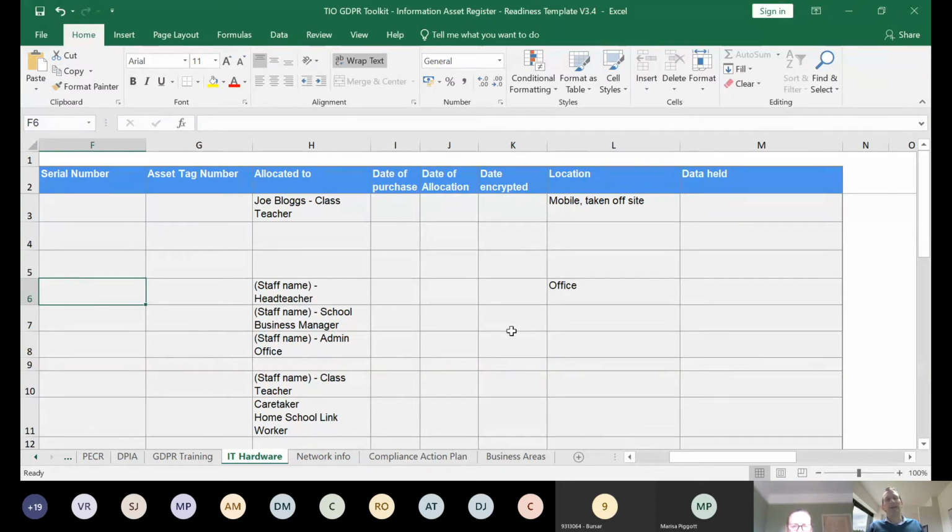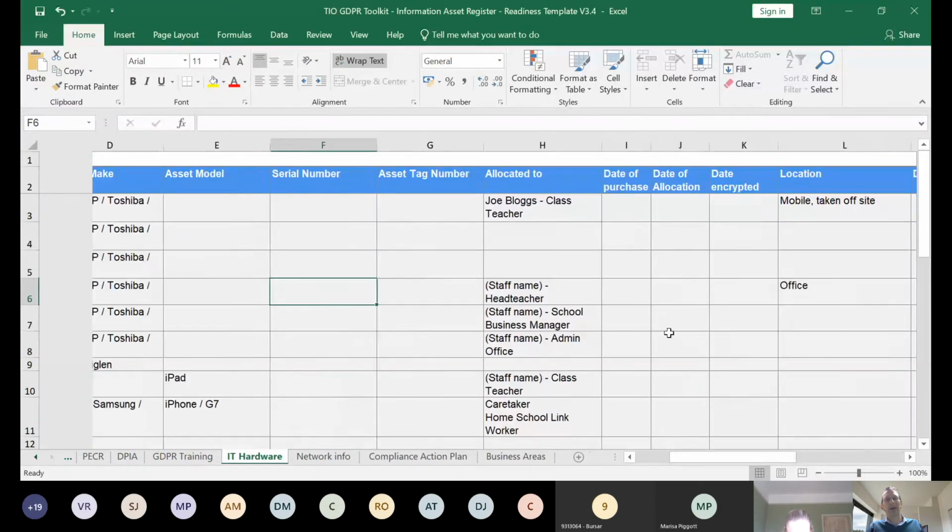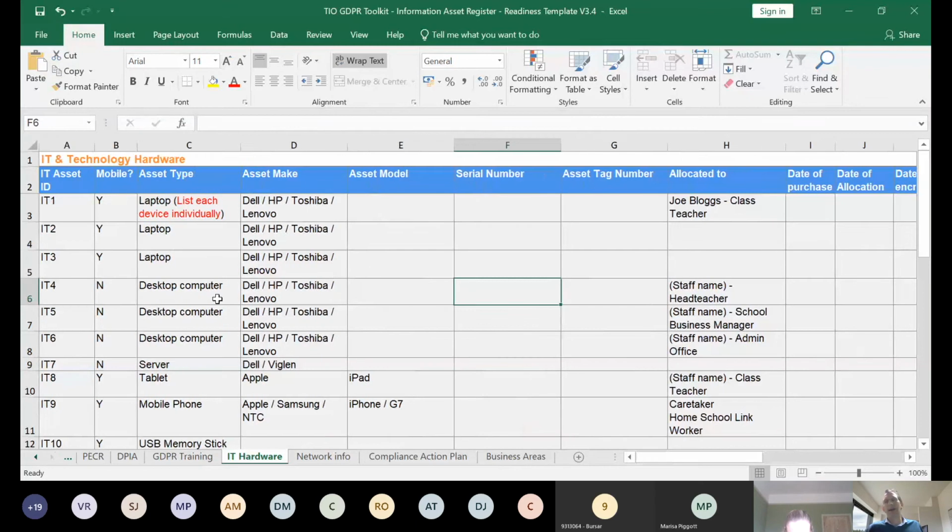That means that you've got a data breach and we need to report it. If the hard drive's encrypted, that data breach is a low risk because the data could not be accessed. There is no requirement to have desktop computers encrypted, but it's our recommendation from bitter experience that we've had schools